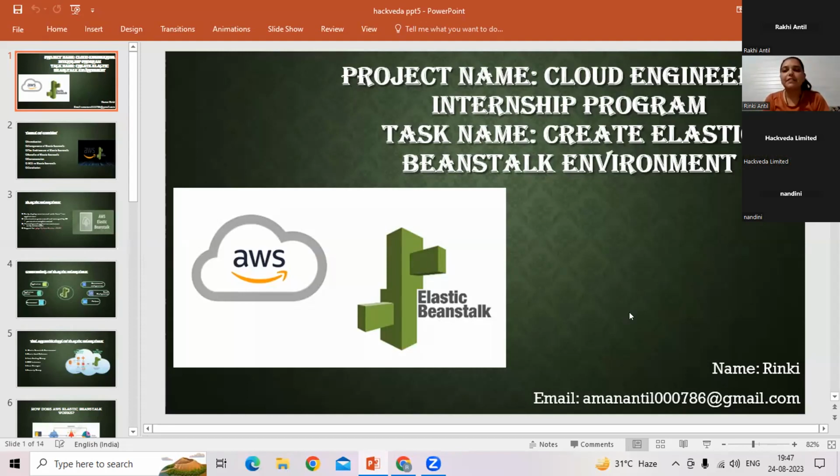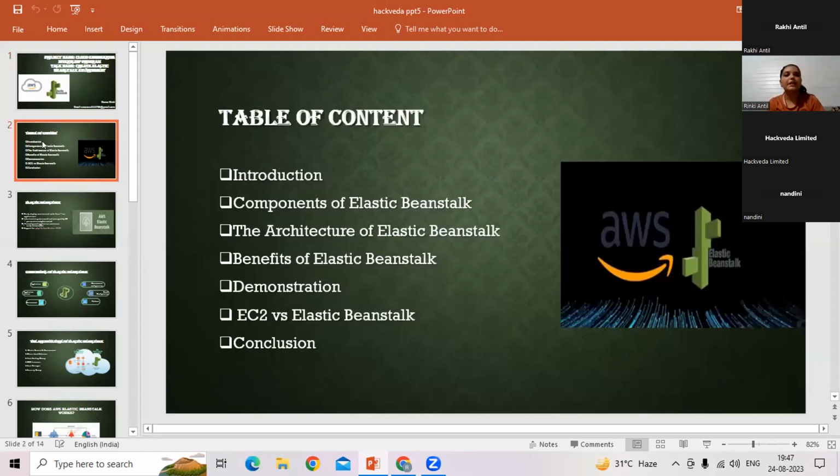Greetings everyone. My name is Rinki and I am from the Cloud Computing Department. My project name is Cloud Engineering Internship Program and the task name is Create Elastic Beanstalk Environment. So, move to the next slide. That is the table of contents. We discuss in this presentation: